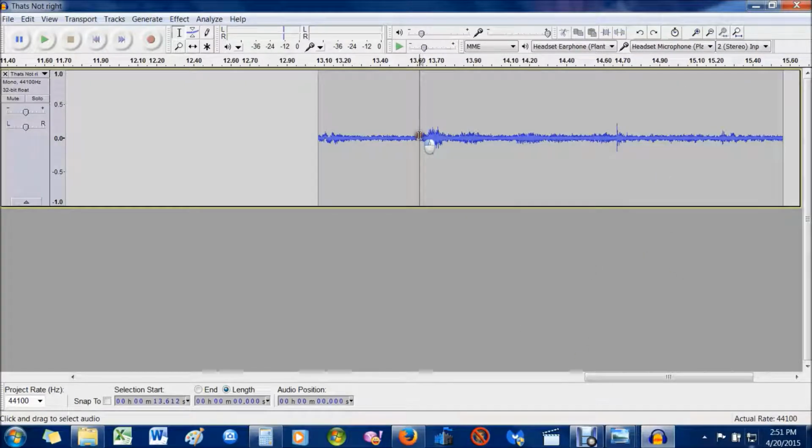Now, you can do this along this entire section manually if you wanted to, but there is a much easier way to see the range of frequencies for this section, because I know it was this word, and this word. I would be interested in knowing the frequencies for this, and for this, because they're the points of highest energy within the words. So I would want to know what the frequency ranges were for this, and this. To do that,